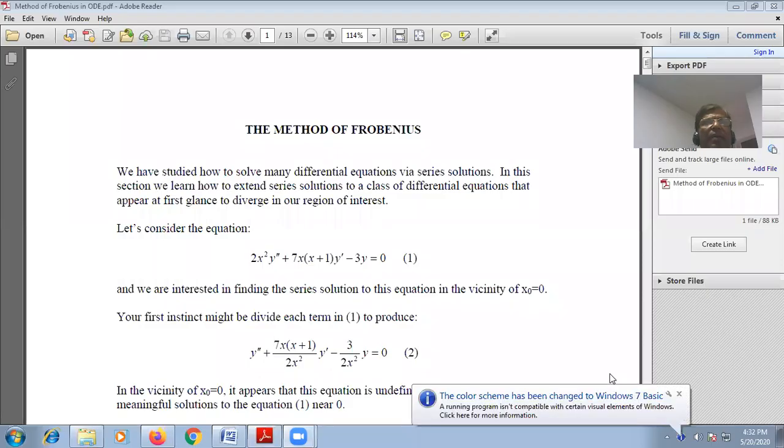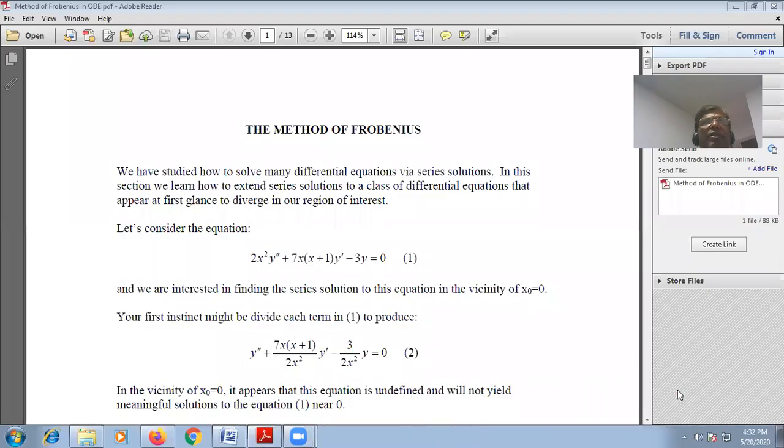and that is the method of Frobenius. What is the method of Frobenius? Frobenius is the name of a mathematician,